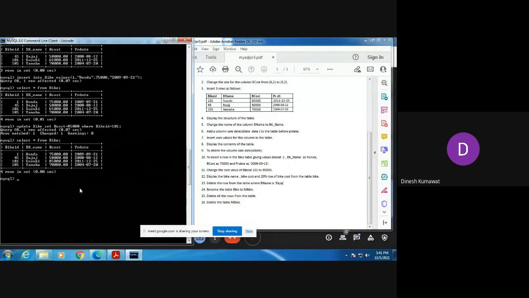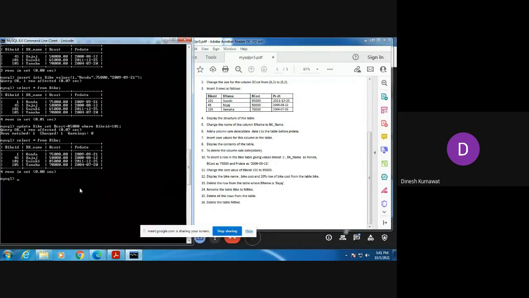And remember one Ramban Jugad, okay? Whenever your question is going to begin with the word display, then your query is always starting with the word select. Okay, this is the Ramban Jugad. This Jugad always works. कभी भी आपका क्वेश्चन डिस्प्ले से स्टार्ट होगा तो आपकी क्वेरी ऑलवेज सिलेक्ट से स्टार्ट होनी है, सिलेक्ट से स्टार्ट होनी है.